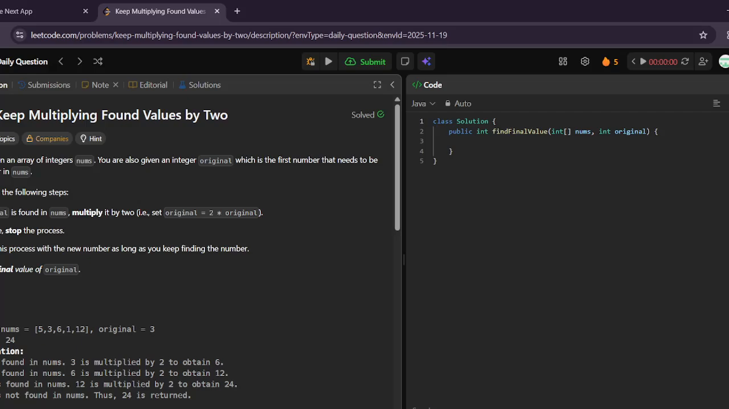What we have to do in the problem, the core part of the problem, is we are given an array called nums with unsorted elements. Also, we are given another number, like another target value named original. Now the core part of the problem is we have to search and find the target value in this array. Once we find the target value in the array, stop right there, multiply the target value by 2, and again